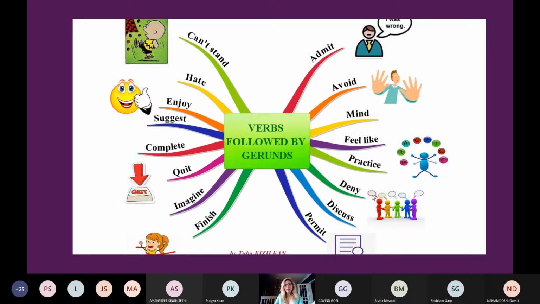Okay, so let me show you some examples which I've created on my own while teaching, of course. I'm using mind maps very practically, very actively, very often within my teaching process. For example, this is one where you're studying verbs followed by gerunds, where maybe you're just trying to learn English. Here is a map with the keywords, and you can also add images, links, YouTube links, your own words, notes, recordings, and everything related to gerunds,